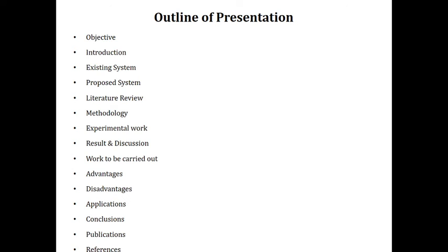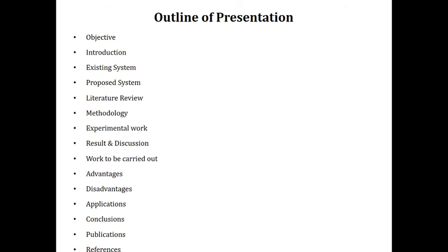And publications: whether you have attended any national or international conference, and whether you are going to prepare a manuscript for publication in either Scopus or UGC journals, like that. You need to give the details of publications and references. The reference is very important. You need to maintain the same format for all the references. Minimum 5 to 10 references you need to add at the UG level. There is no limit to the number of references, but anyhow a minimum of 10 references is very good.